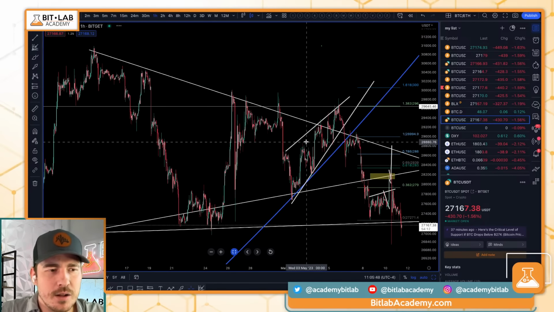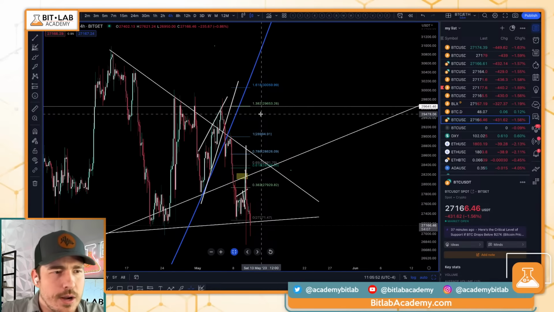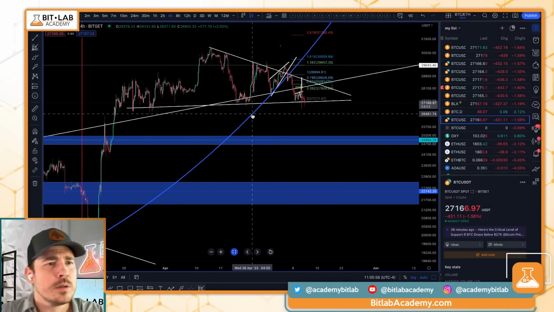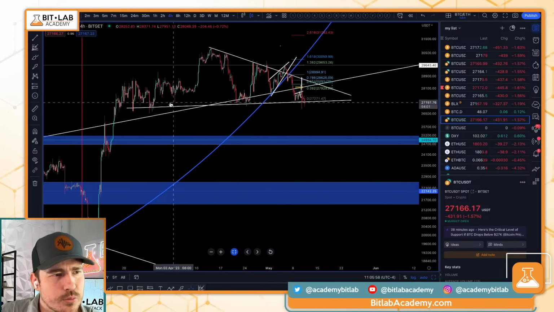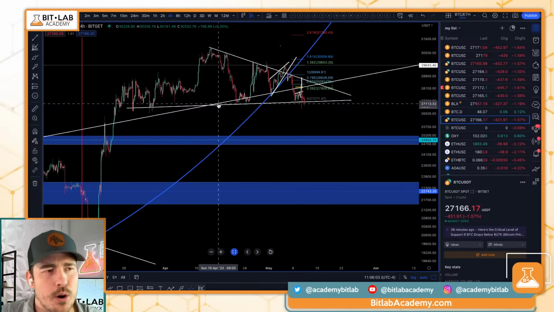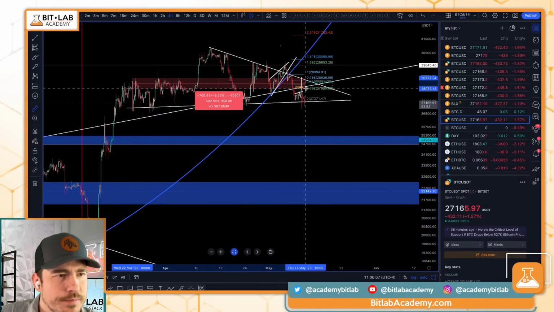Now, where it is right now, let's zoom out. Let's come to the 4-hour. We can see that we are hanging by a moment here. You see, this is coming right into this region right here. I won't call it a fairly important region, just on this level that we've been in for about 50